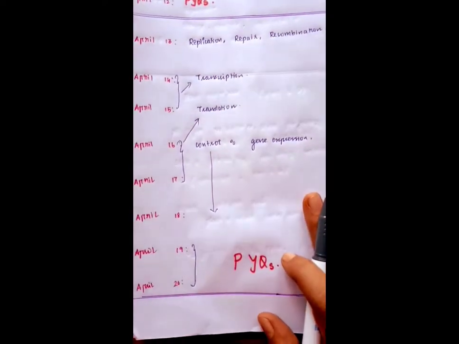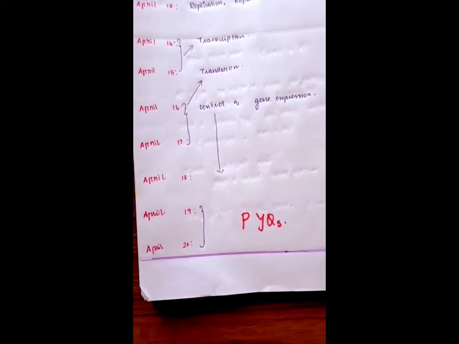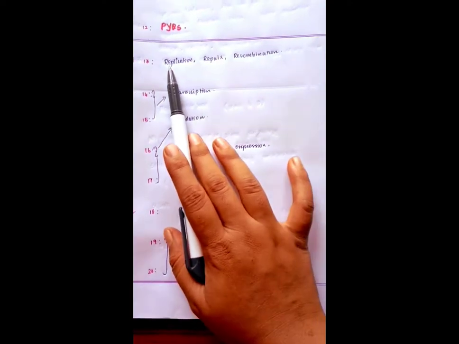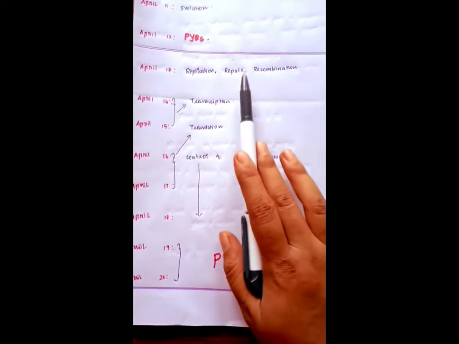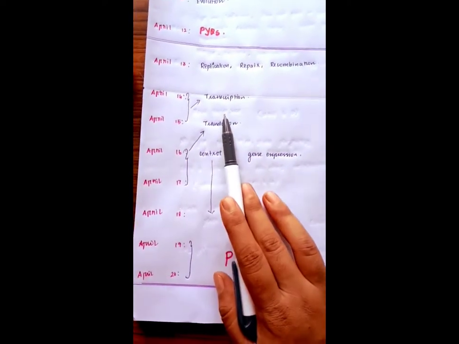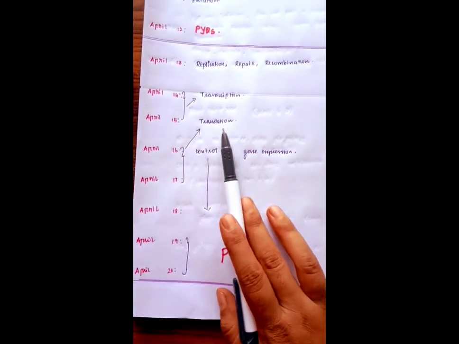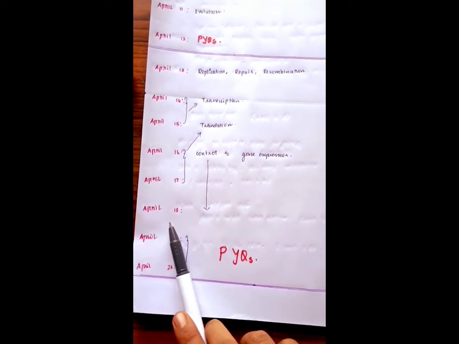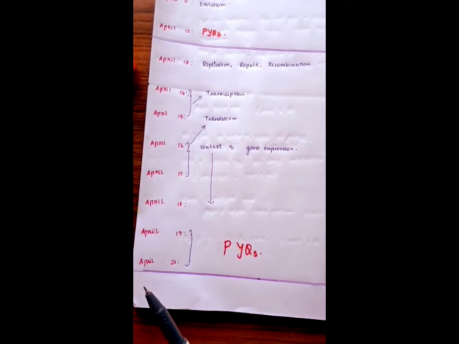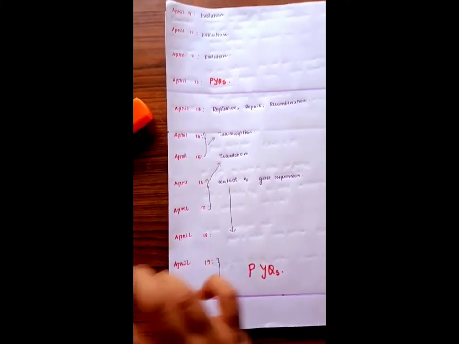Next we are going to study molecular biology, which is very easy for me, and I have referred only to James D. Watson. If you are referring to Pathfinder, that is well and good. On April 13, in 1 day, you should complete replication, repair and recombination. Since it is easy, I am taking 1 day. But transcription you need 2 days, and translation you need 2 days. Control of gene expression is again April 18. And for this unit we need at least 2 days to prepare the previous year question paper.